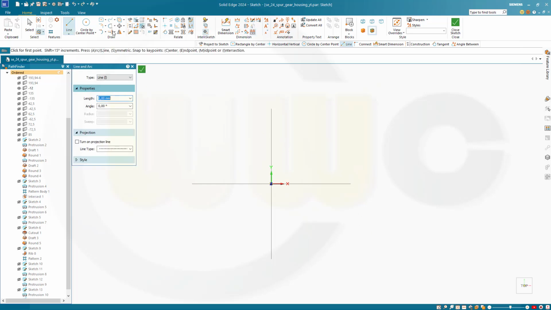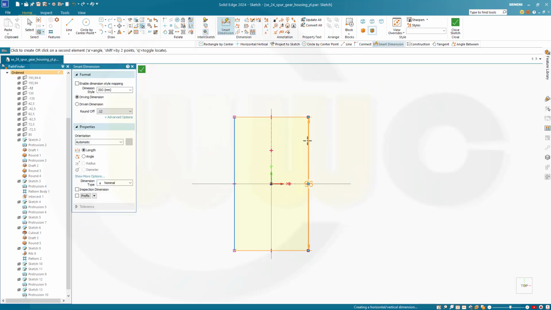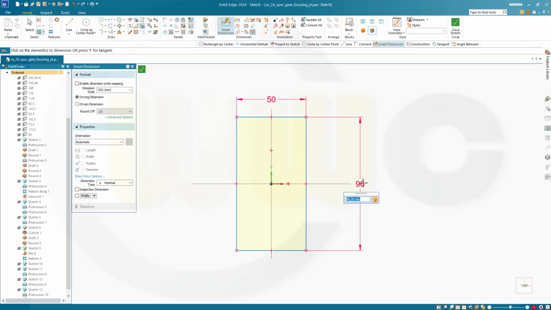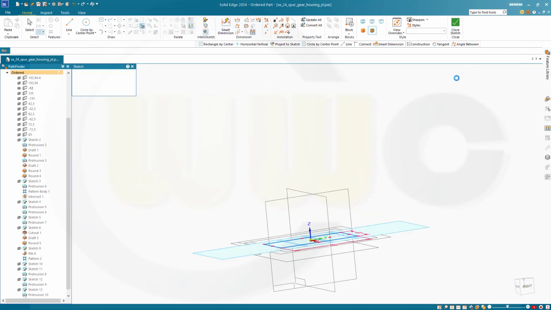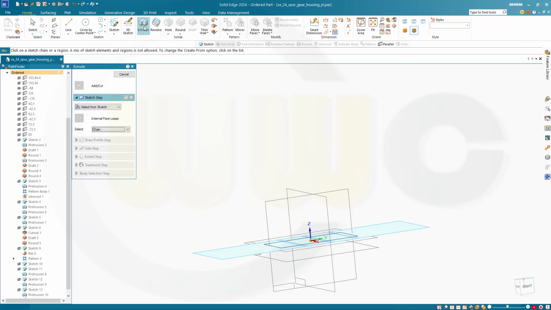And I think this should look something like that here. Maybe I have to check because there was a camera movement. So this should be 50 and this one should be 100. I hope I got the orientation right. Yes, looks good. Finish, cancel this out. Let's make a new body. Add body. Okay, and this should be an extrude, and it should